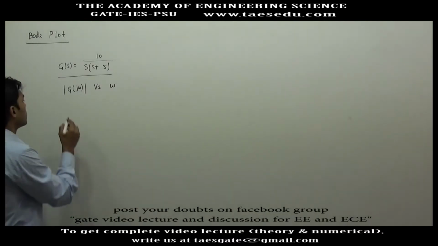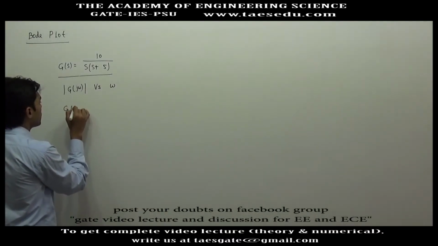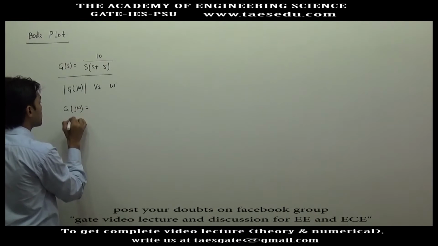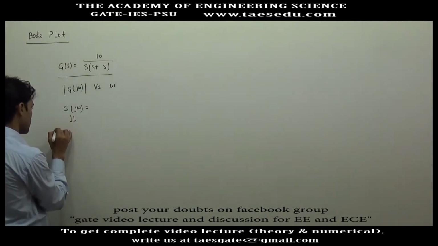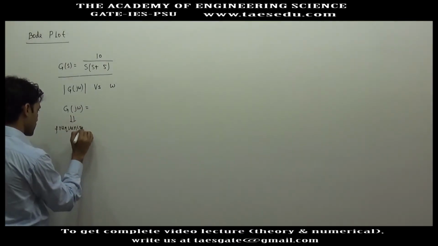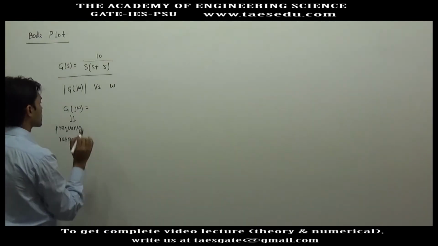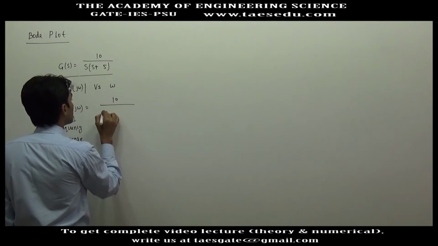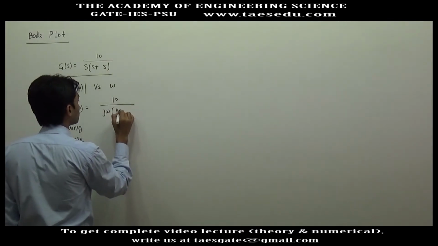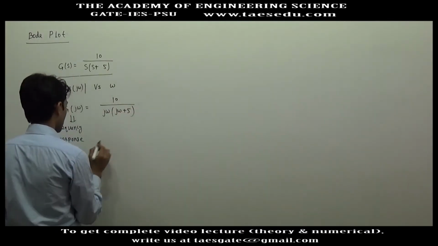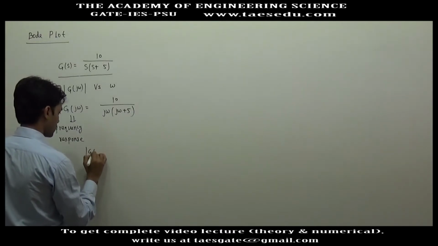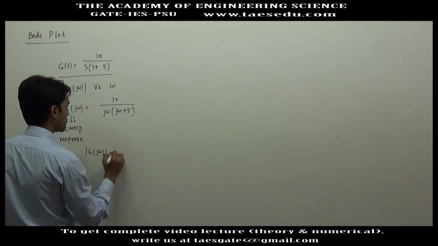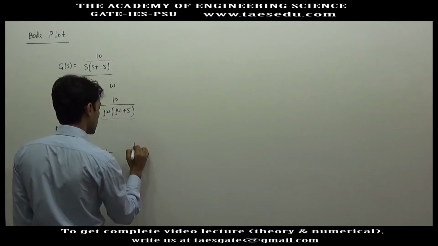Okay, so if we put s equal to j omega, this is also called the frequency response. G(j omega) will be 10 divided by s equal to j omega. Now if you want the magnitude of G(j omega), we have to take the magnitude of 10 divided by